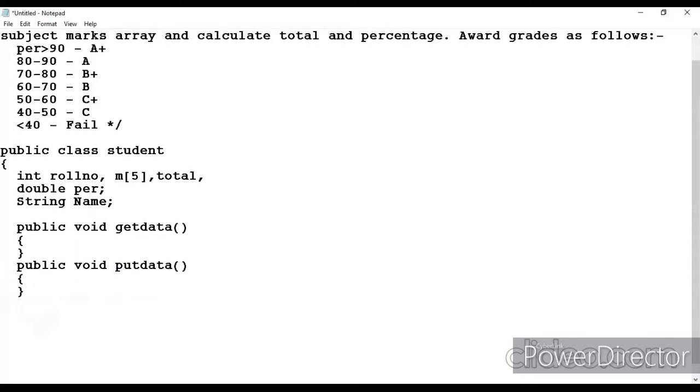Then there should be a method which returns the calculation of grade.